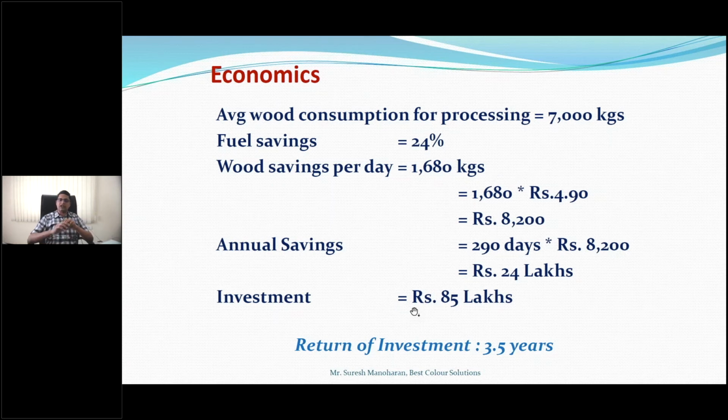So wood savings per day is 1680 kgs, and our purchase cost of firewood is on average 4.9 rupees per kg of firewood. So per day we are saving about 8,200 rupees. Conservatively, I have shown you we are operating only 290 days in a year, so about 24 lakhs is the